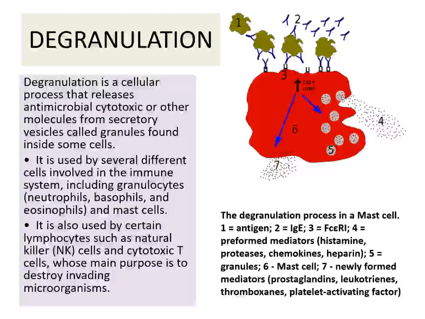So in this diagram we can see the degranulation process in the mast cell. One point is the antigen. The antigen comes, right? It is bound with the help of IgE antibody, and it binds with the receptor present on the surface of the mast cell, and then it will stimulate the cell. There is a change in the calcium ion level, and ultimately it leads to degranulation and release of prostaglandins, leukotrienes, thromboxanes and platelet activating factor from the mast cell.